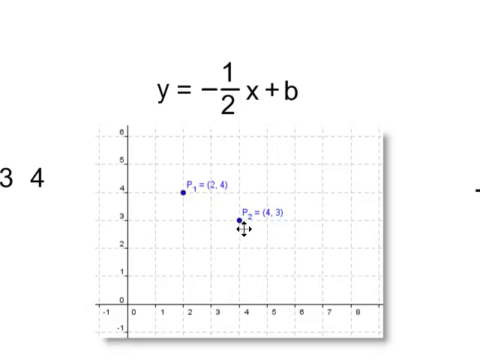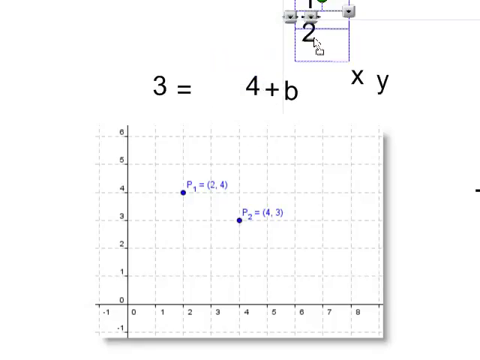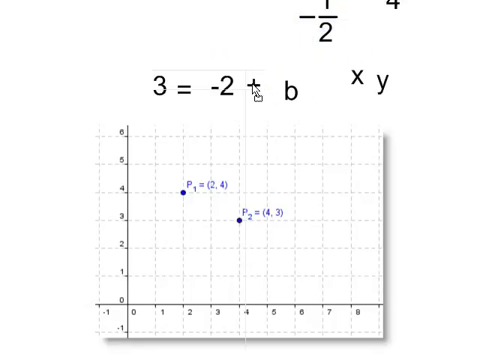So I'm going to choose point 2, x is 4 and y is 3, so I'm going to substitute that, and now I have one equation with one unknown. Just solving this part, the multiplication first, -1/2 times 4 is -2. So 3 is equal to -2 plus b, and to solve this, all I have to do is add 2